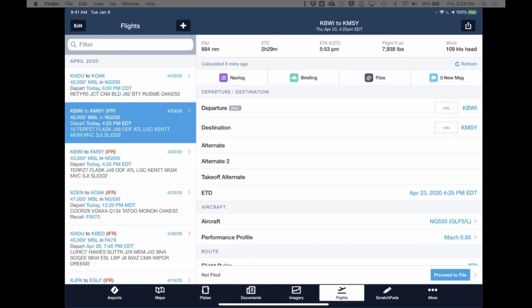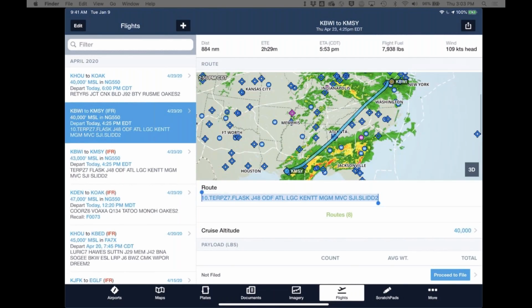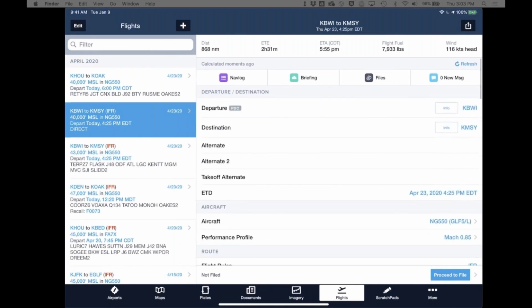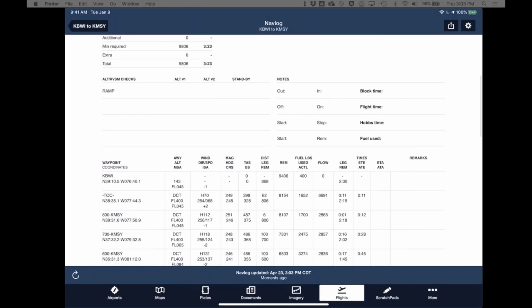We've had a number of questions about the virtual waypoints, as we call them, that appear in the nav log when you have waypoints that are separated by more than 100 nautical miles. So for example, if I just delete this route, and so I just have a direct route, if I go and check the nav log again, oh, I've got to refresh it,